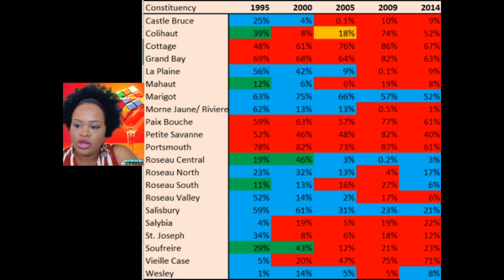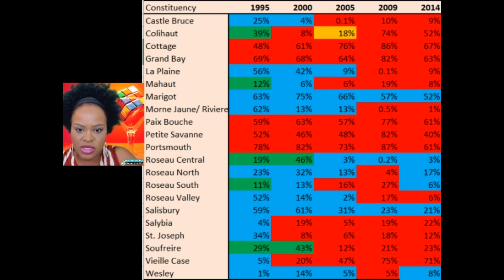Then in Salisbury, you have a slight decrease by 2%, which shows that the Salisbury constituency is really stable. So in the Salibia constituency, the Labour Party increased their margin by 3%. A decrease also in St. Joseph by 6%. An increase in Soufriere by 2%. And in Viecas, a decrease of 4%. Wesley, it was changed over, so the United Workers' Party got 8% more than the Dominica Labour Party in the